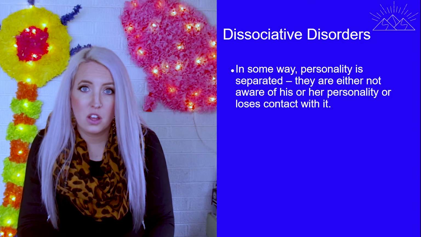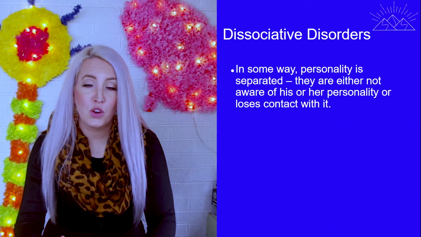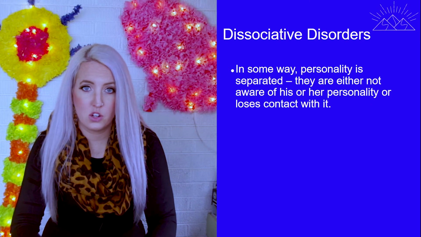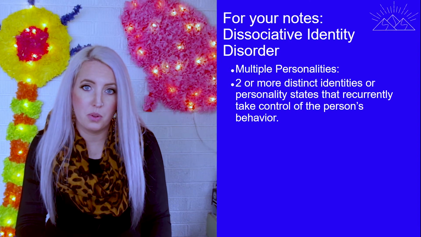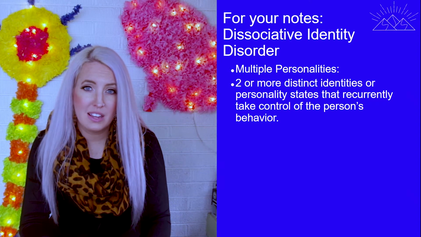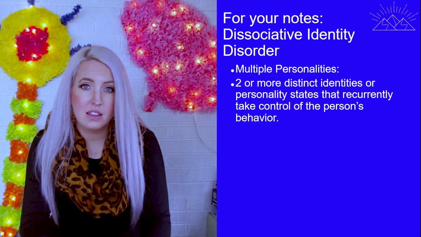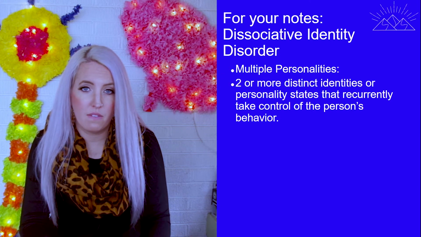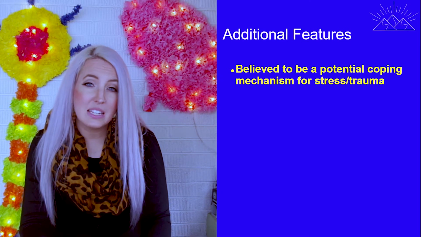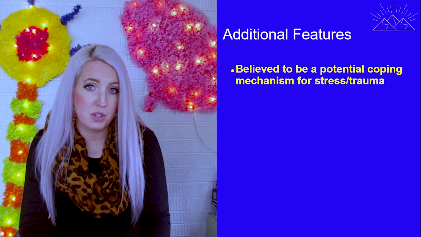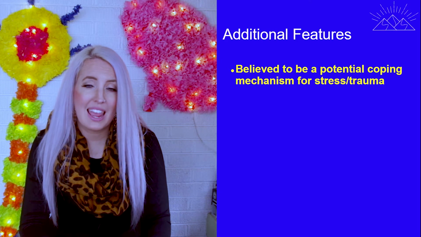It is when there is the presence of two or more distinct personalities within an individual that recurrently take control of the individual's behavior. Now, the question is, why might a person develop multiple personalities? Dissociative identity disorder seems to occur as a response to stress or trauma. It is essentially the body's defense mechanism during those stressful events of this isn't happening to me, I am somebody else right now. That seems to be a possible reason for why these multiple personalities occur. The challenge with dissociative identity disorder is that it's difficult to diagnose and difficult to treat.